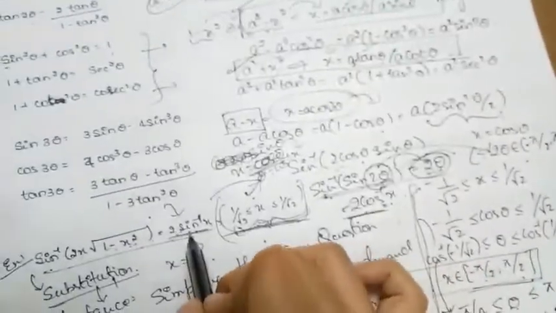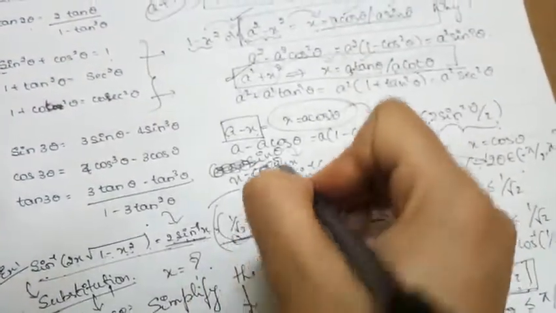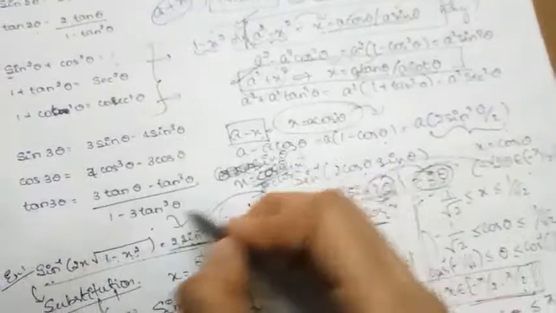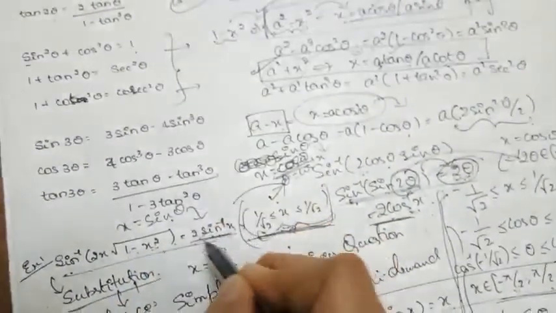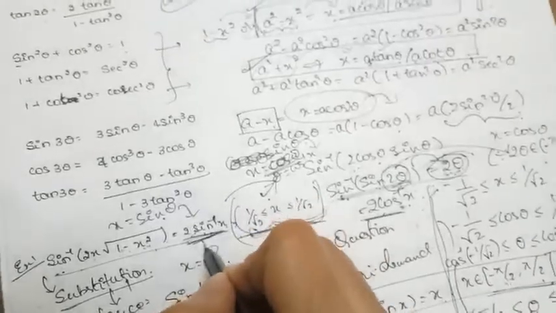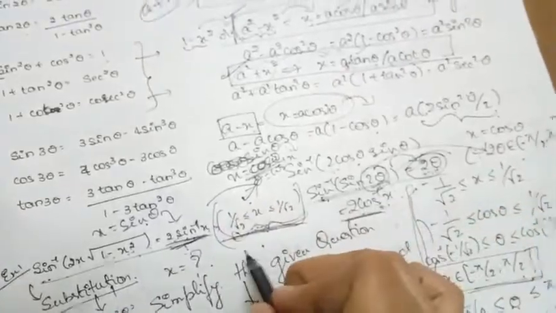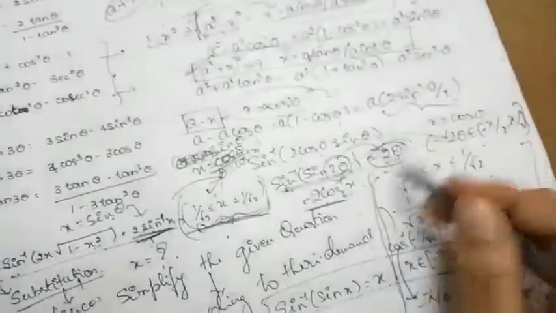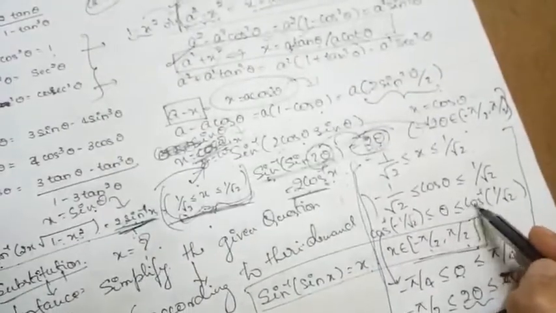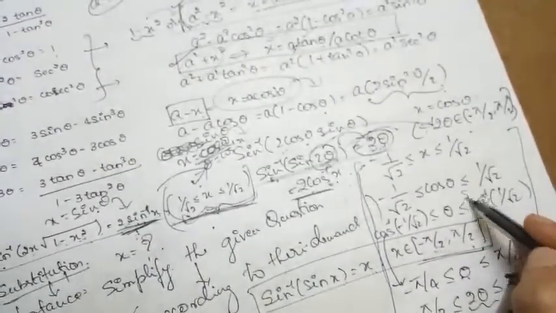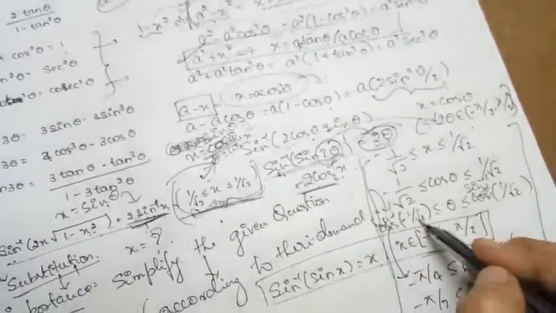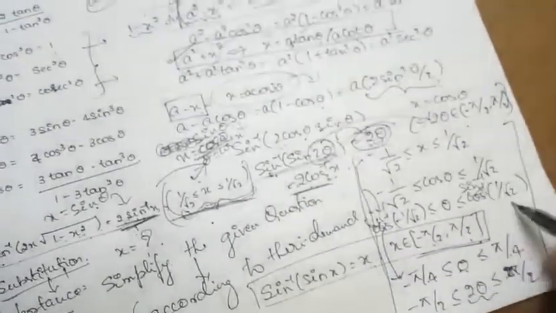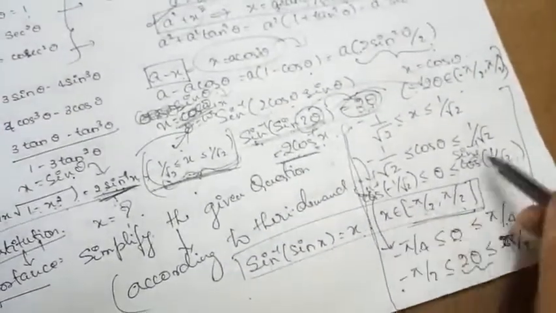So correct here, students, I have taken x is equal to cos theta in the beginning. For this question we need to substitute x is equal to sin theta to get this as the answer in the RHS. Okay, correct it. If I take sin theta, here we are going to get sin inverse. Sin inverse of minus 1 by root 2 is also minus pi by 4. Sin inverse of 1 by root 2 is also pi by 4 itself. So there is no change, but here it comes as sin inverse.